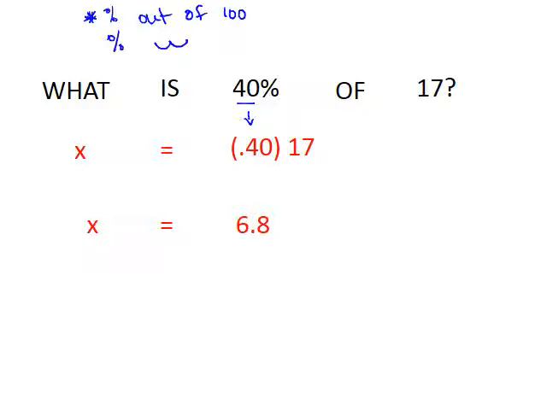Hopefully. So if your question is asking you, what is 40% of 17? Here's how you turn that into a math sentence. So right now we have an English sentence, what is 40% of 17? And we're going to turn it into math. So the word what, if we don't know the number that we need to use, we use a variable. We're going to use x in this particular case. So anytime you have a what, you can turn that into an x or an n or whatever variable you want to use. The word is